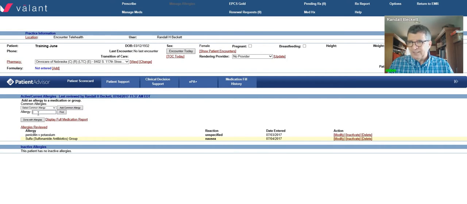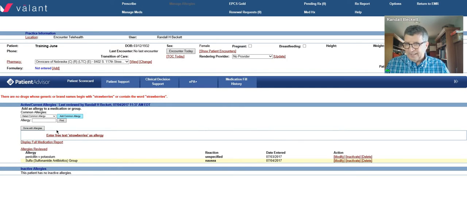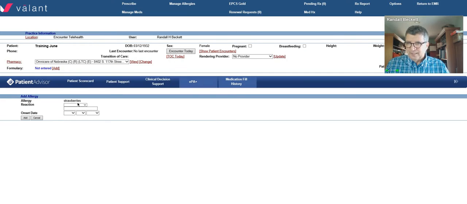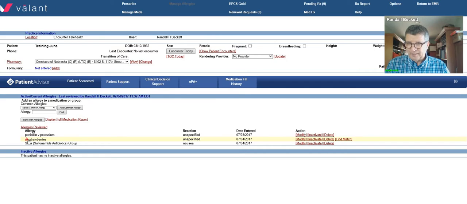So let's say that it's a weird allergy, that they're allergic to strawberries. So then you can put it down here in this allergy tab, where you can just type in whatever you want, and it's going to say they couldn't find it, just enter free text strawberries as an allergy. And you say yes. You go in, and once again we have the same situation, and you add it, and now we've got strawberries. And anytime it's free text, it has this little red triangle with the exclamation point